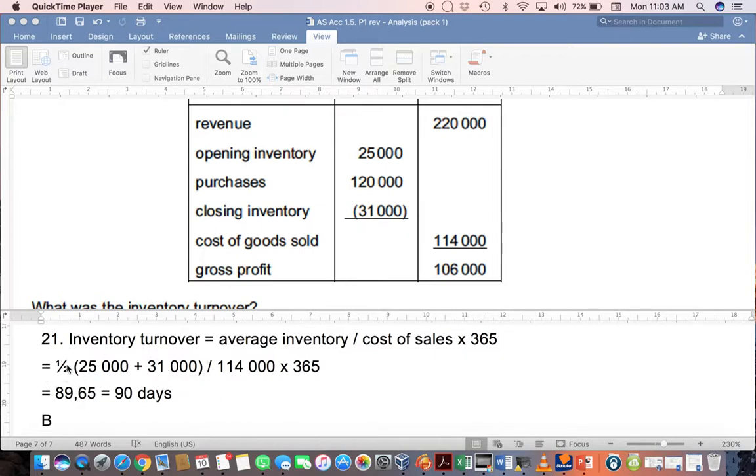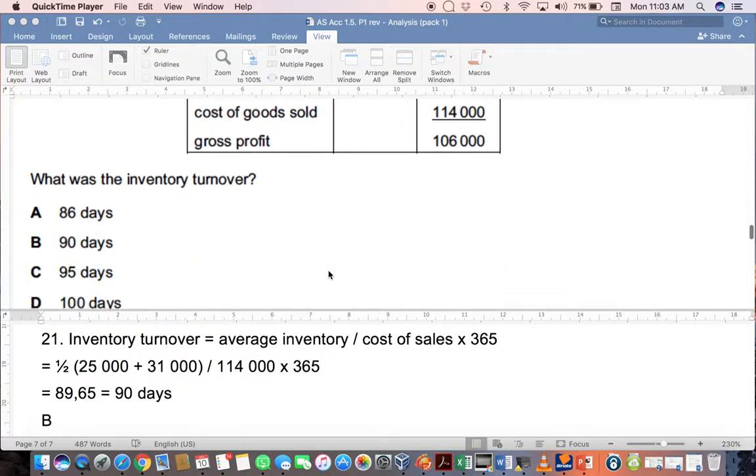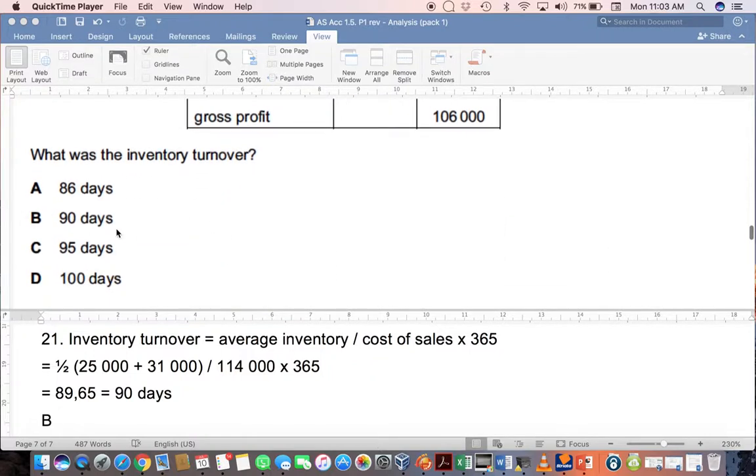In other words, you add the two together and divide by 2 to get 28,000 as your average stock. You will then divide this by your cost of sales, in this case 114,000, times 365. This will give you an answer of 89.65, rounded up to 90 days. Look for this as an option, and there you can see it as